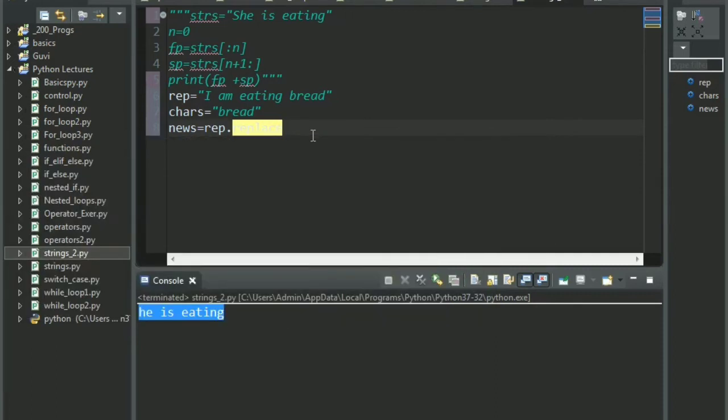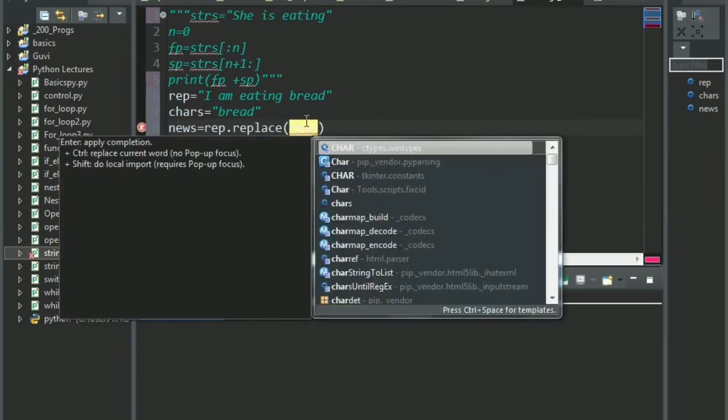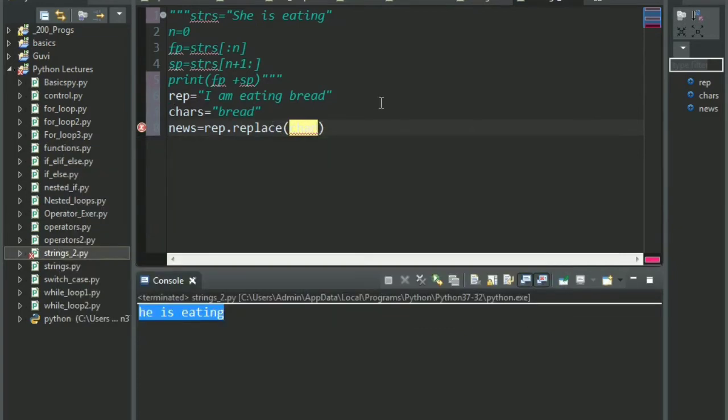Since we assume we do not know where the word is exactly situated, we shall only give the old and the new characters. So we give character, that is bread here. You can directly pass bread, no need to store it in a variable. I am just doing it. And now I want to replace it with muesli.